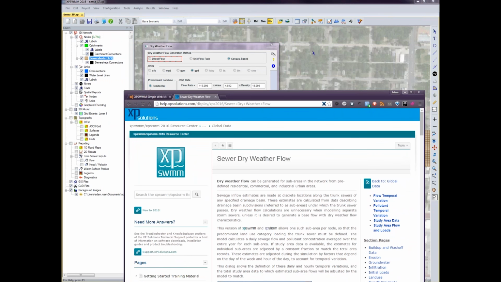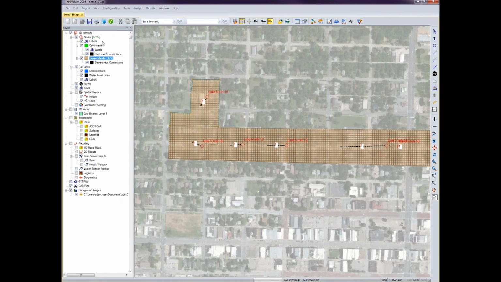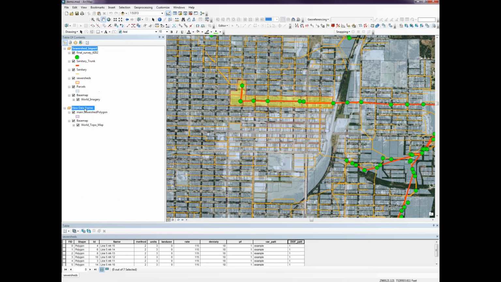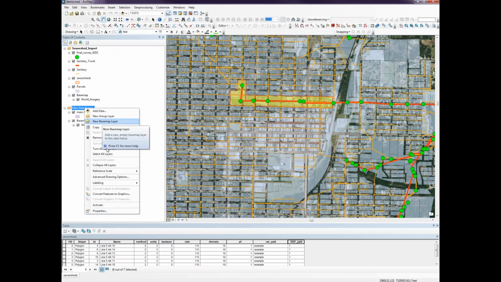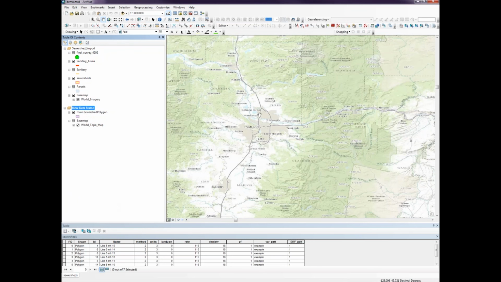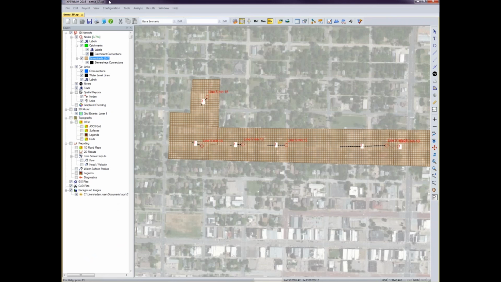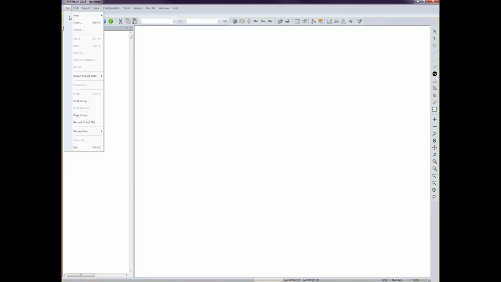Okay, so the last thing I wanted to show, I mentioned that we store this in a different format, and so I wanted to show you why, to me, that's exciting. So I'm going to actually jump back over to my ArcMap, and so into a different file here, and you can see there's nothing there, which makes sense. Let me close out of this and open up a new file. It's going to be empty